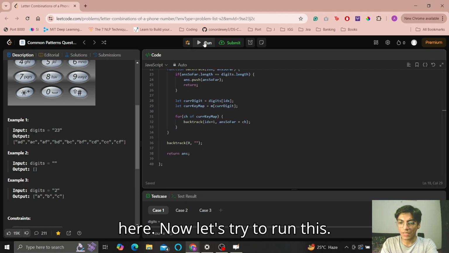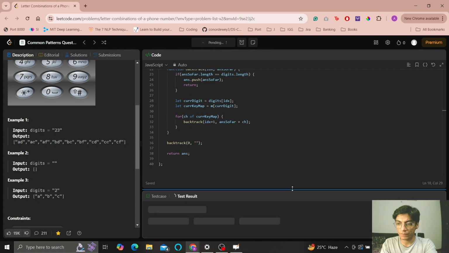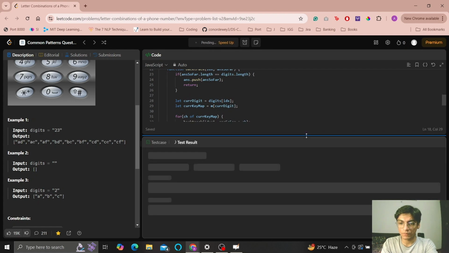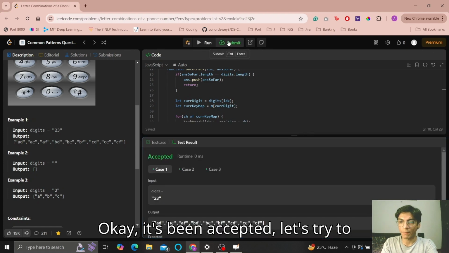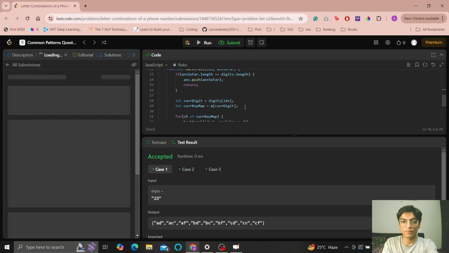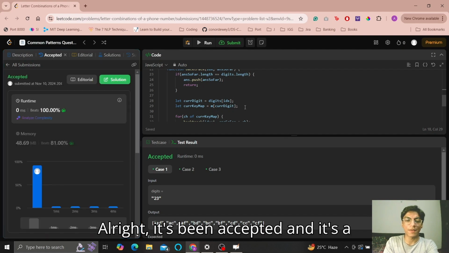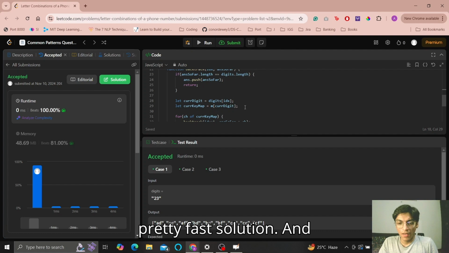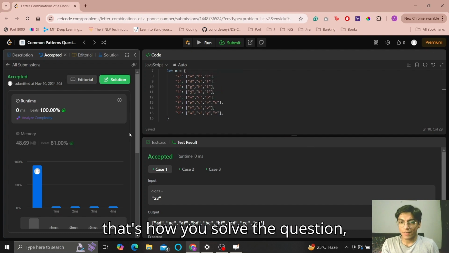Now let's try to run this. Okay, it's been accepted. Let's try to submit this. Alright, it's been accepted and it's a pretty fast solution. And that's how you solve the question,